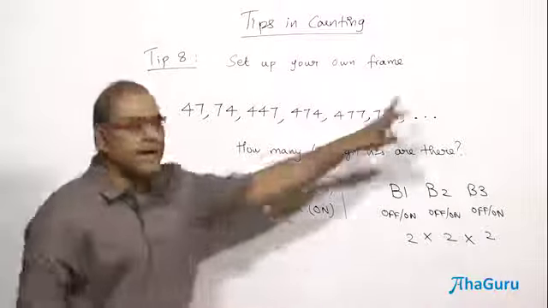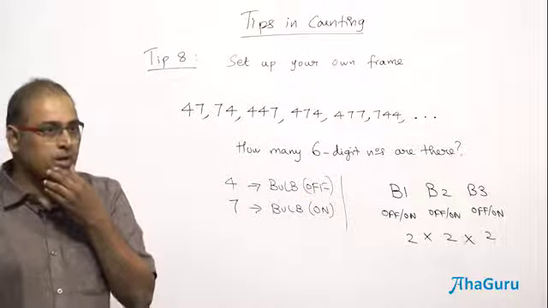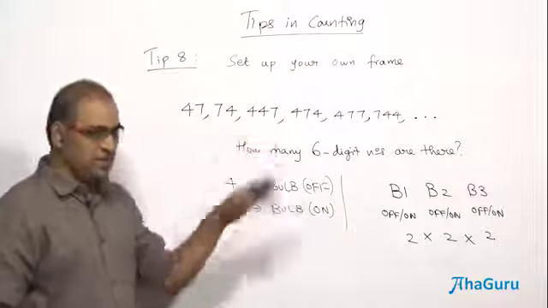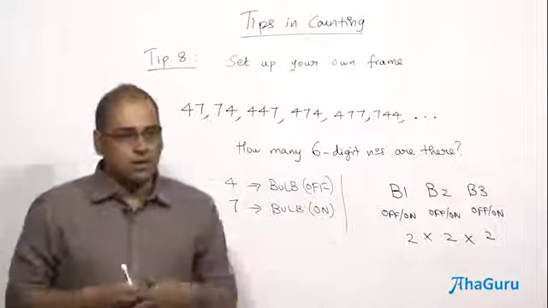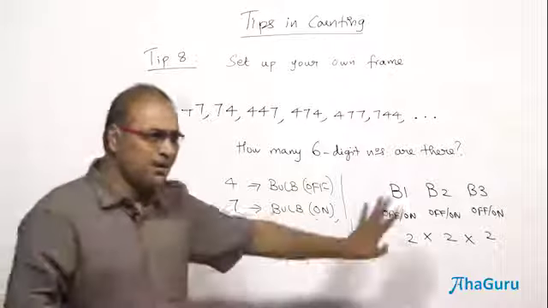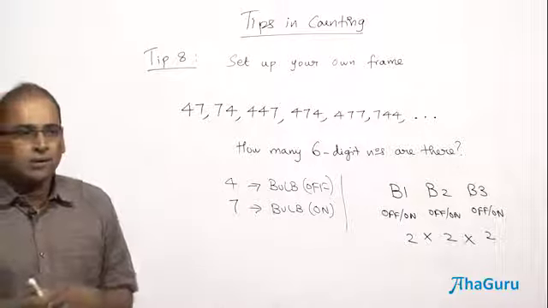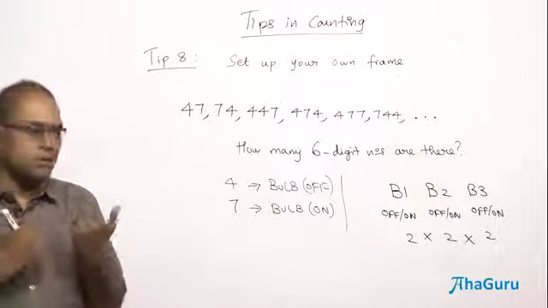But you will not get 8 numbers in the sequence. Why? Because of our sequence definition, all 4s are not allowed, and all 7s are not allowed. Except for those 2, all the other things are. So you will be getting how many 3-digit numbers? 6. So if I want 6-digit numbers, what should I think of?